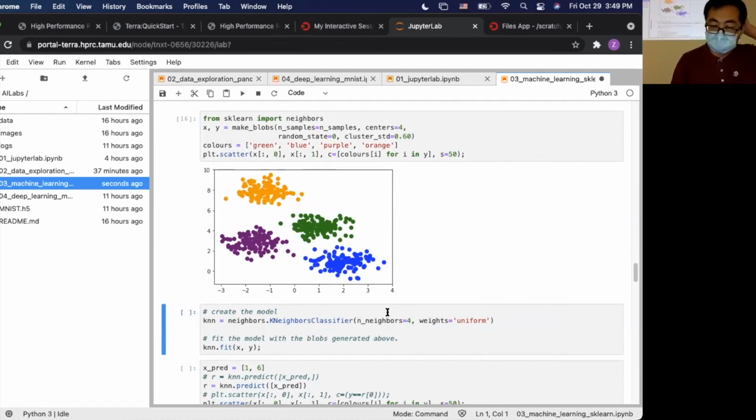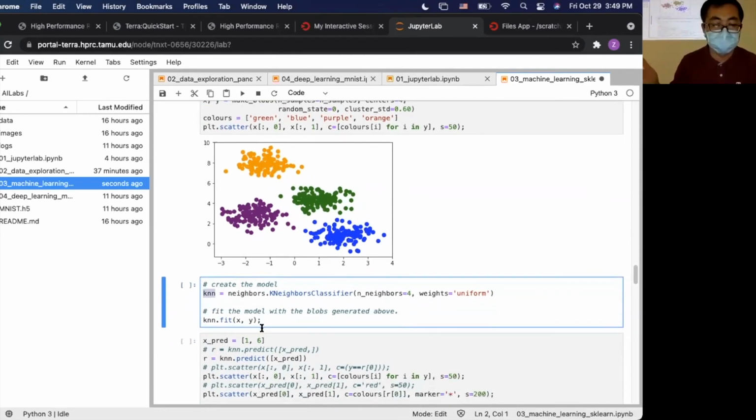We don't want to distinguish them. So we create a KN model. This model hasn't learned anything yet. So by using the fit function, we give all the data to this KN model so it can learn.